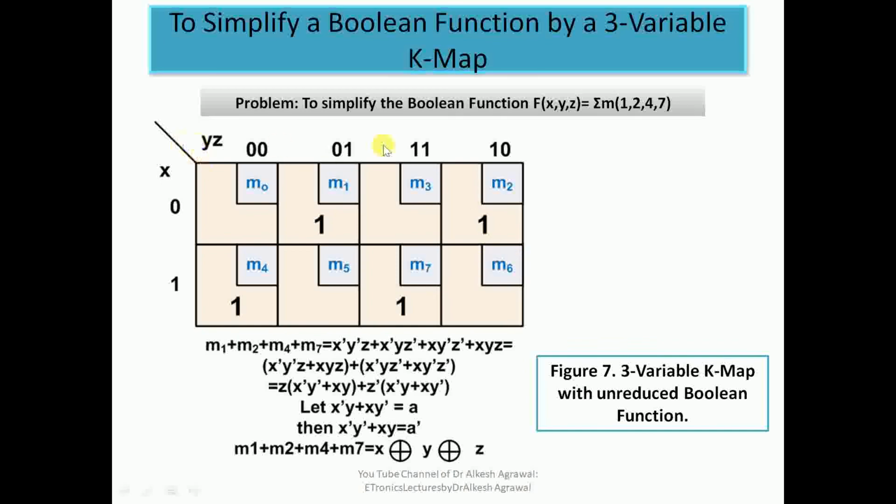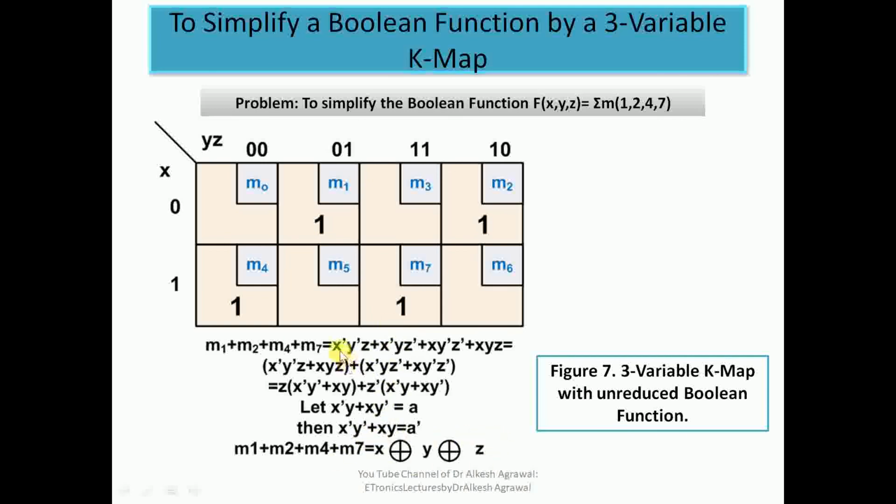So this is another K map, which is a special K map, where the minterms are placed diagonally. The minterms are mapped for positions m1, m2, m4, and m7. Here you can see that none of these terms can combine with another one, so these will remain as they are. So I have written m1 plus m2 plus m4 plus m7. So you can see the final expression comes out to be x exclusive or y exclusive or z. So this is the process of how you can finally obtain this value.